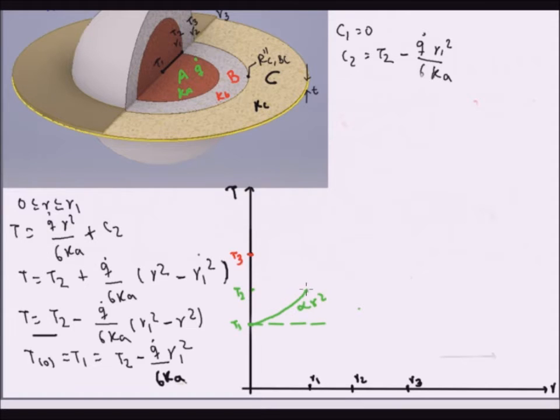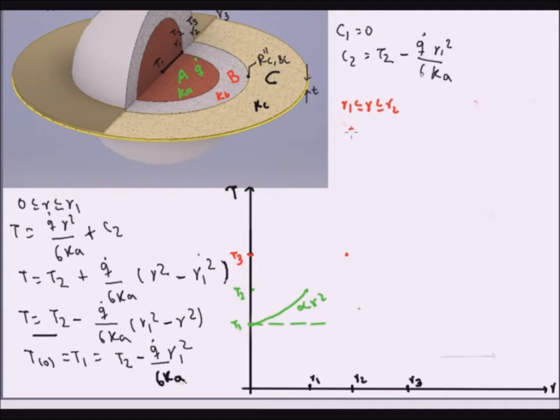And then to know the shape of this curve, let's say T3 was here. To know the shape of this curve, we must refer to Fourier's law. So between R1 and R2,